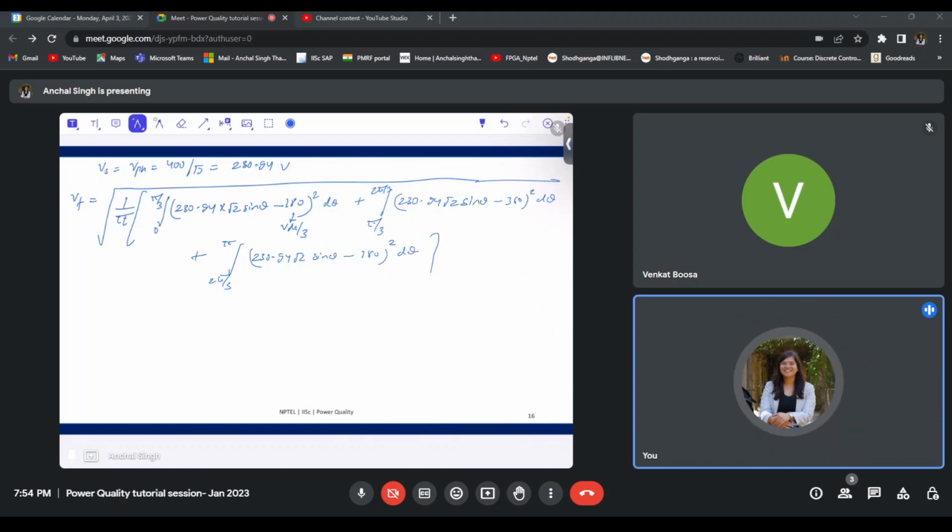So in order to solve, instead of solving the whole thing together, let's solve one part. Let us solve it in a generalized fashion. Integration theta 1 to theta 2, 230.94 root 2 sin theta minus, let me call it x, because this is varying. Sometimes it is 180, sometimes it is 360. So I am solving it in a generic sense so that I can use it in all three parts. When you expand this, a minus b whole square as a square plus b square minus 2ab, and do the integration, you obtain the expression as